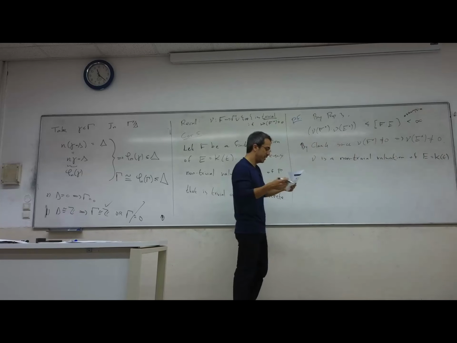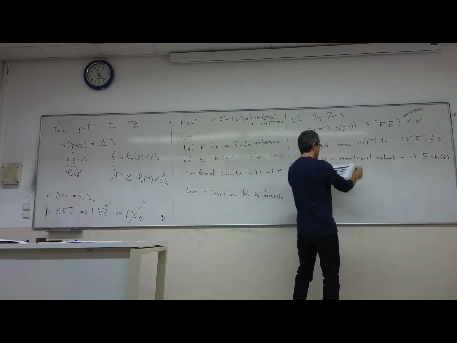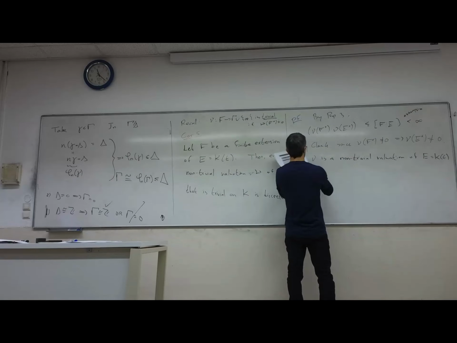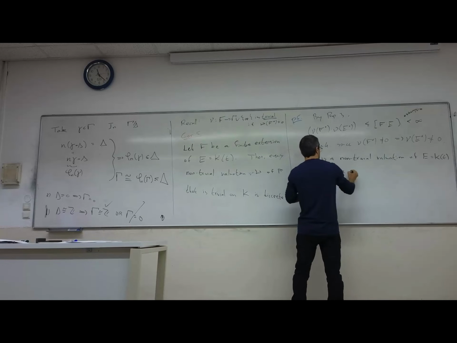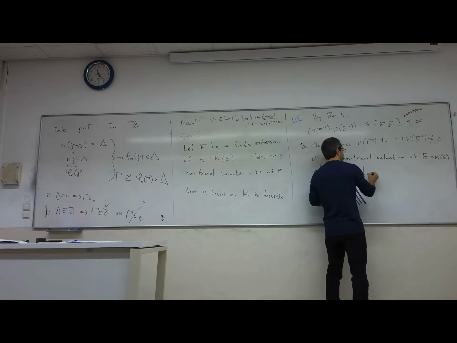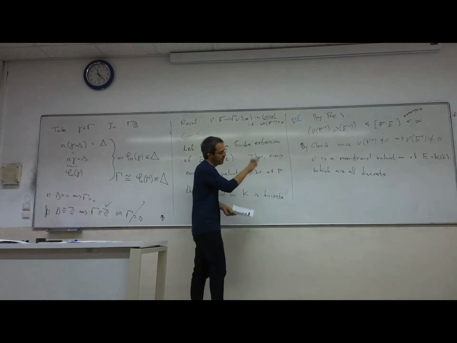And you will prove that you're actually going to find all of them and you'll see that they are all discrete. So at least for the rational function field, all valuations are discrete,